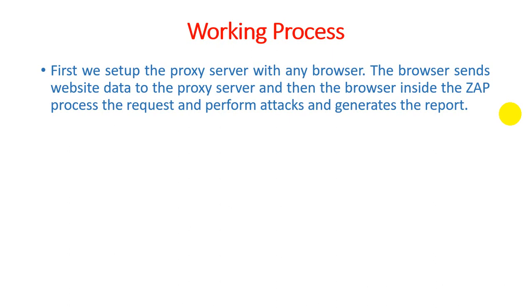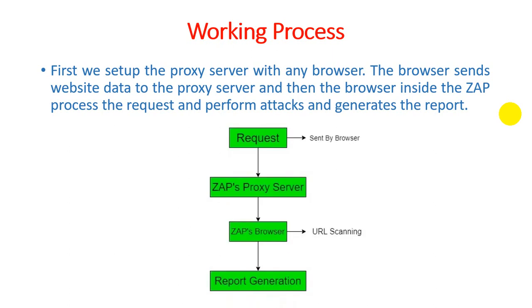But for that you just need to install a proxy server on your web browser. So this is the figure through which we can easily understand how ZAP works with integration of a proxy server. The request is performed and sent by the browser, on the user side. The ZAP proxy takes the particular request because it is an intermediate thing between a request and a report generator. A report is generated by the server end.